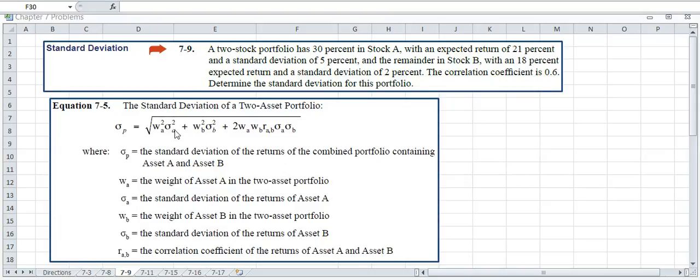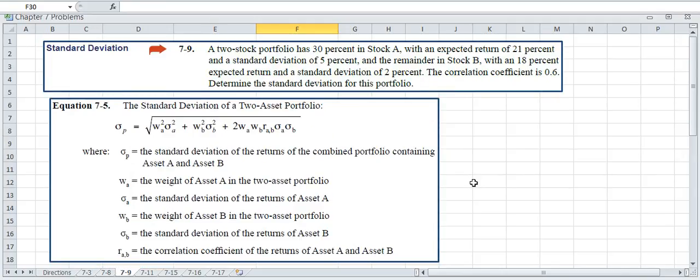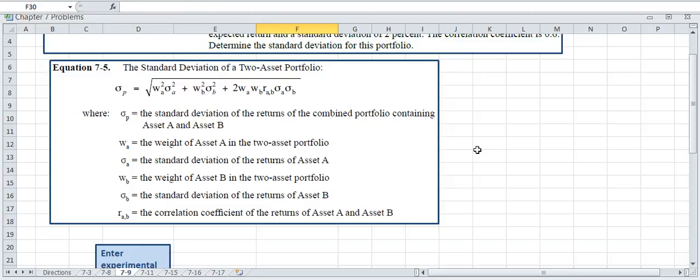Now, when we look at the formula, you can see that we really don't need expected return. We just need the weights, the standard deviation of the returns on both of the assets, and we need the correlation coefficient, which is the R value of the returns of asset A and B, which is given in the problem as 0.6. So I wanted to talk a little bit about